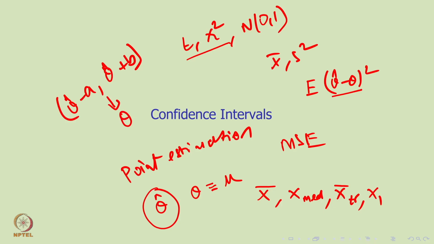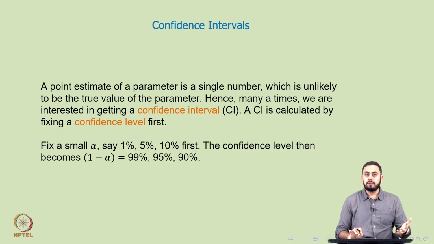You might have heard of people proposing a 95% confidence interval, a 90% confidence interval, etc. We'll see the differentiating point between a confidence interval and a point estimator to begin with, and then of course we'll see some examples of how you construct confidence intervals, and so on and so forth.